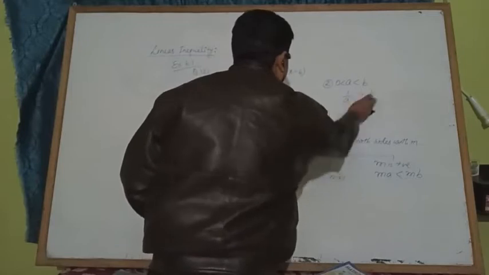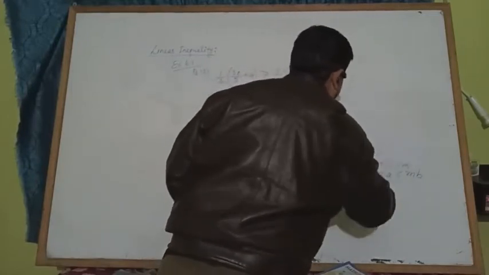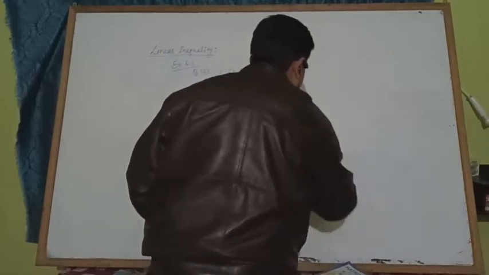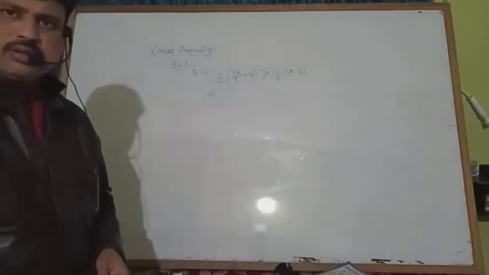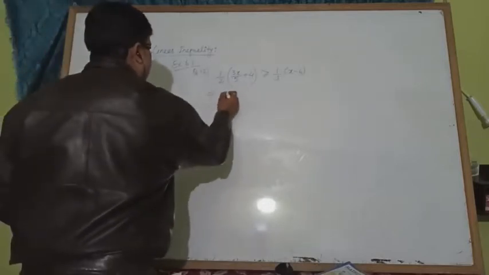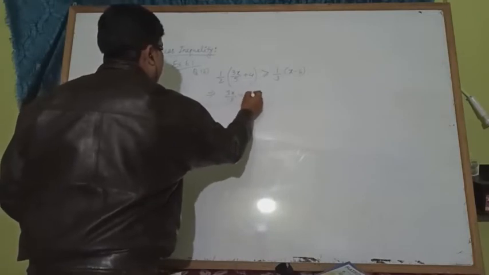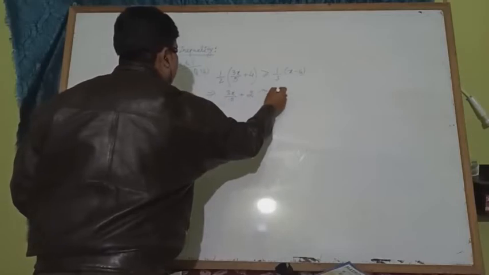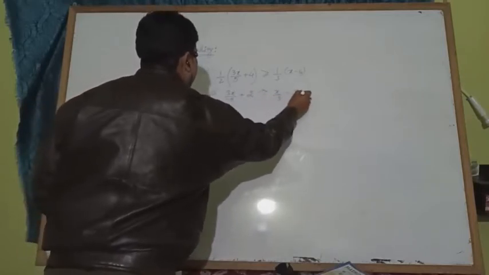Now I am rubbing this. If you want, you can take a screenshot of this formula, but I gave this one in your class also. Now multiplying this with this, you will get 3x by 10 plus 4 by 2 is 2 greater than or equal to x by 3 minus 2.